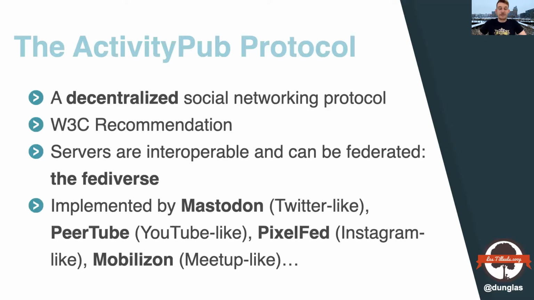A common and very popular protocol for decentralized web applications, and especially decentralized social networking applications, is the ActivityPub protocol. It's a recommendation from the W3C, and it's the protocol that is implemented by Mastodon, for instance, but also by PeerTube, Mobilizon, and other federated and decentralized web applications. And the main point of ActivityPub is that all the applications implementing this protocol are interoperable and compatible together. So for instance, you can subscribe to a Mastodon account with your PeerTube account.